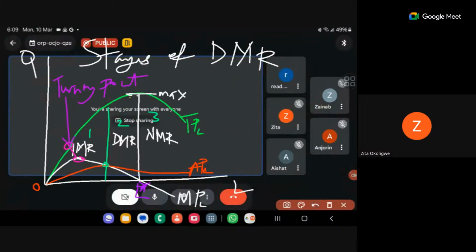Now, I've explained the second relationship: marginal product cuts average product from above. This is a JAMB question. When they want to ask this kind of question, they leave two dashes open. They say MP cuts AP